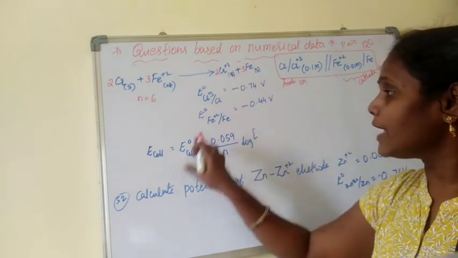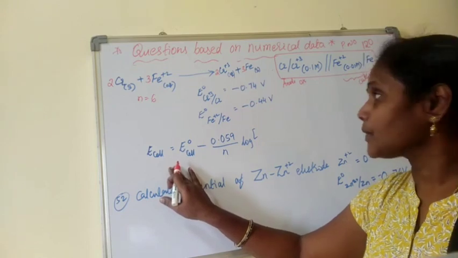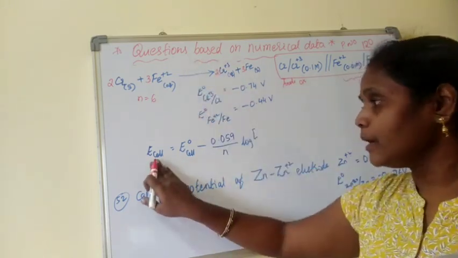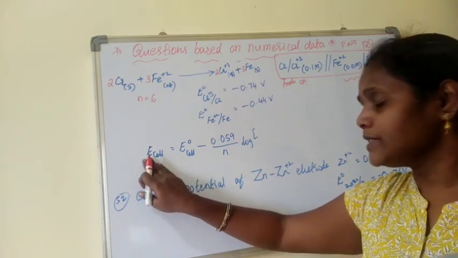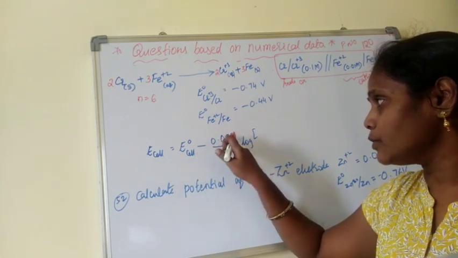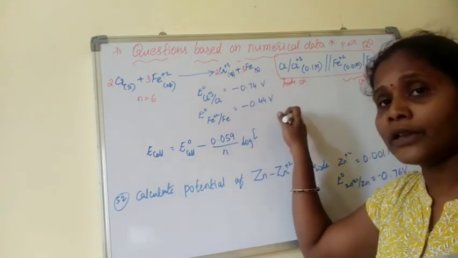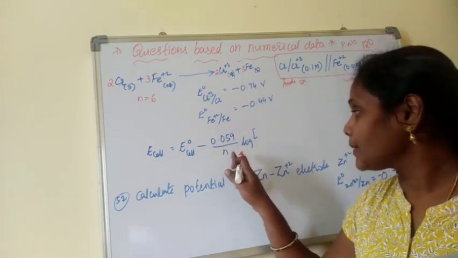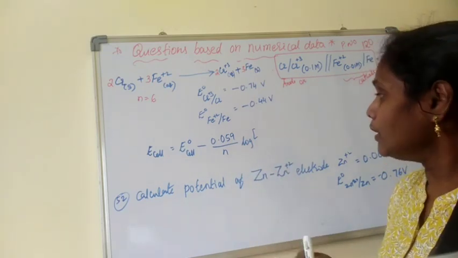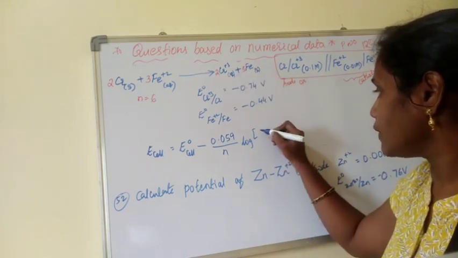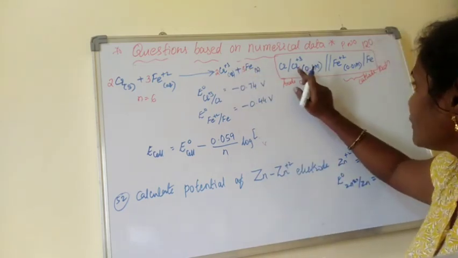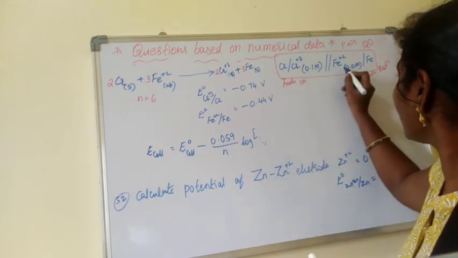That's why we should not directly enter into the equation. Now the EMF of the cell is to be calculated, right? The formula is the Nernst equation. E cell is equal to E naught cell minus 0.059, because it is at room temperature, I can take this directly, by n, log of, what would be the formula, the concentration of the product. What is the product? Sorry, the product is iron.